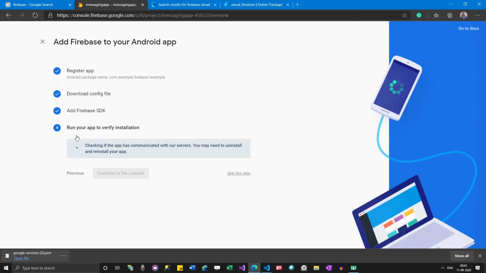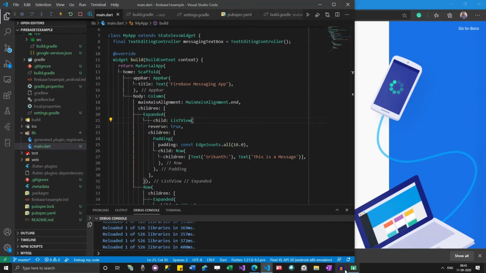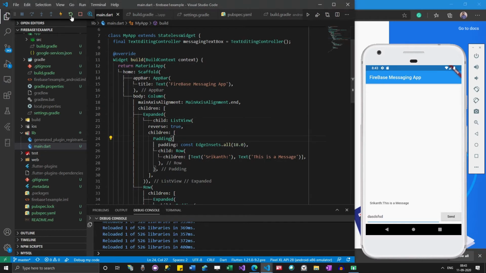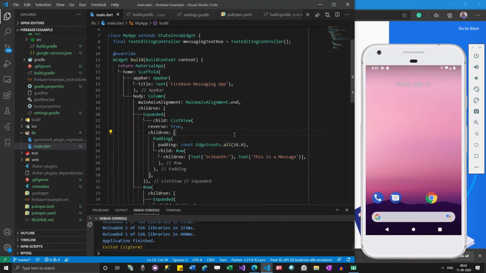Okay, so in this step they are saying run your app to verify installation. So I think I need to run this app. Okay, so let me stop this and then just run it.